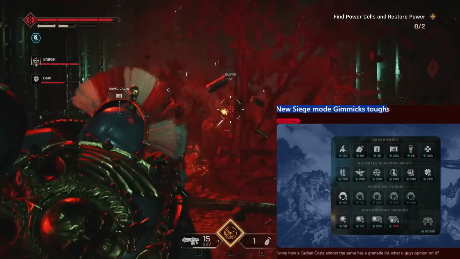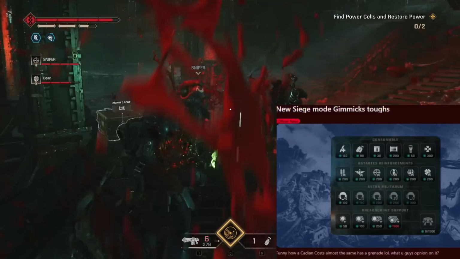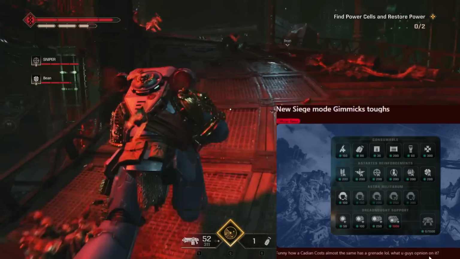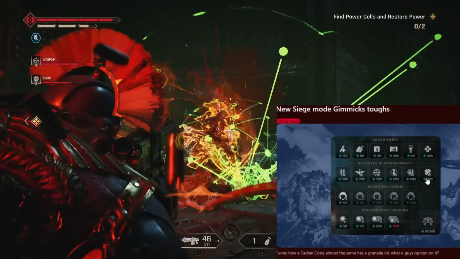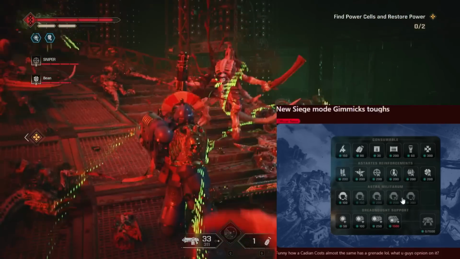New siege mode gimmicks. Thoughts? Funny how a Cadian costs almost the same as a grenade. What's your guys' opinions on it? Well, nothing really stands out to me, at least the first time when I saw it, but now that I'm thinking about it, 200 for an Astartes. It's pretty sick. And then we also have a 250 Cadian and then a 300 Cadian,